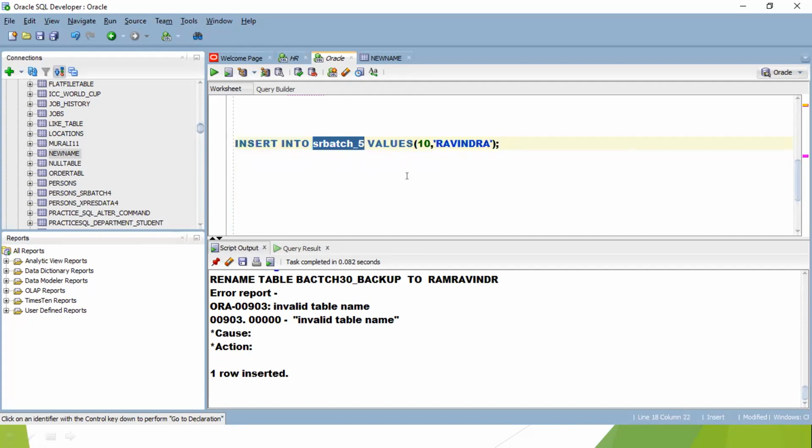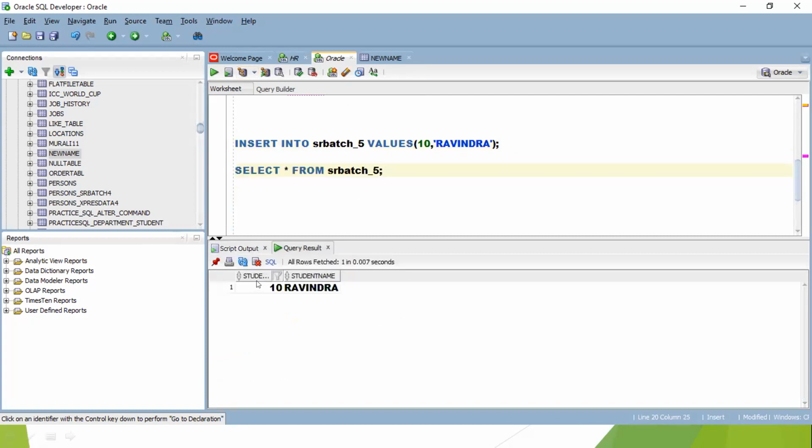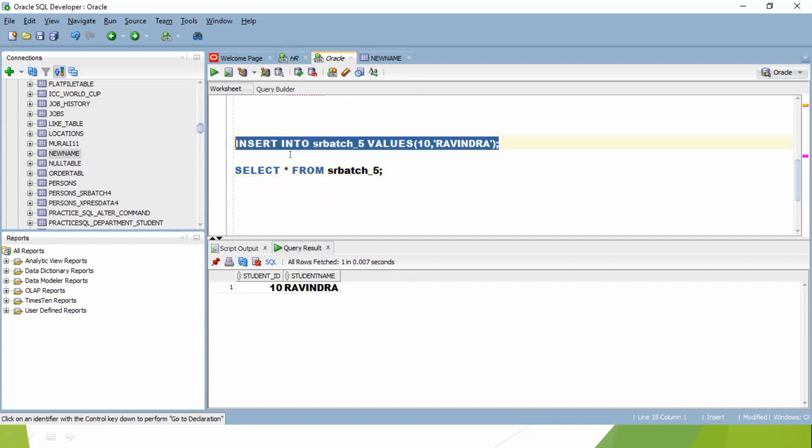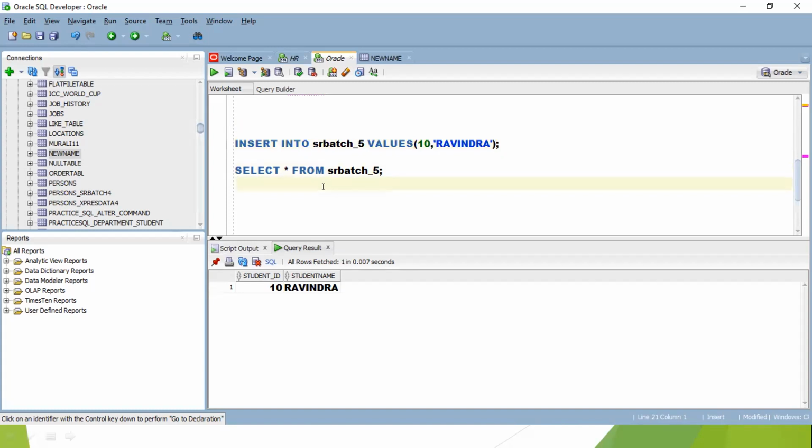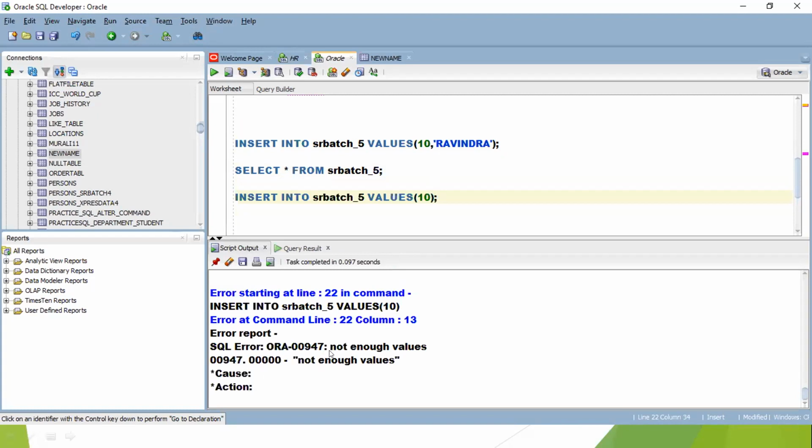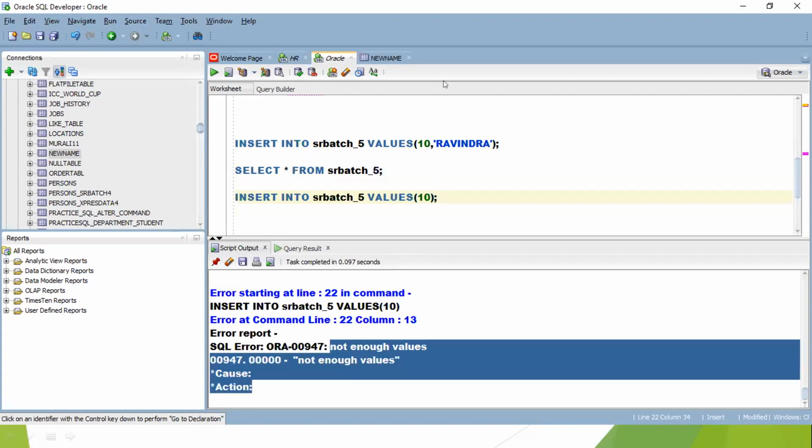Let's understand this, guys. Select star from batch 5. How many columns are present? 2 columns are present. Now, if I try to insert the data into only a single column, we have 2 columns, but I'm trying to insert like this a single column. What is the error? Not enough values,